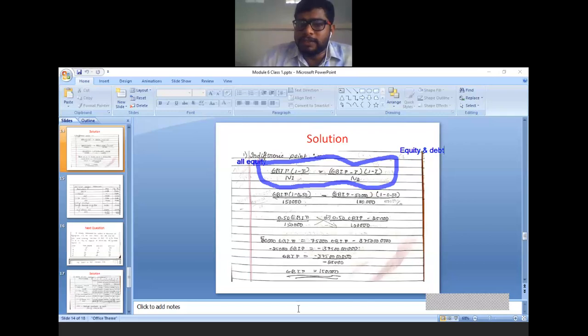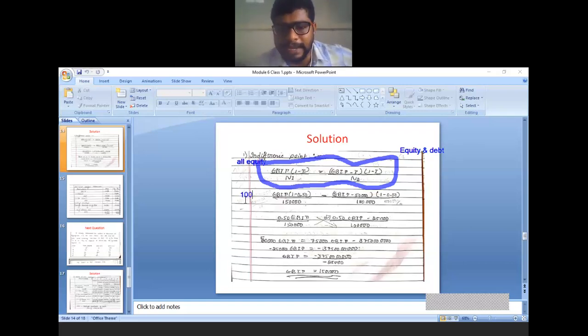Now in this indifference point case, EBIT they will not give in the problem. You have to calculate EBIT. Therefore write EBIT as it is, because we don't know the EBIT portion. The tax rate we know, therefore you write 1 minus 0.50. Why are we writing 0.50? Because it is 50% tax. 50% tax we are writing in the form of 0.50. Divided by N1, it is 1,50,000. N1 means number of shares outstanding in the first case.